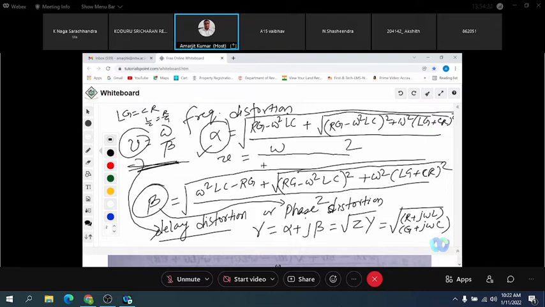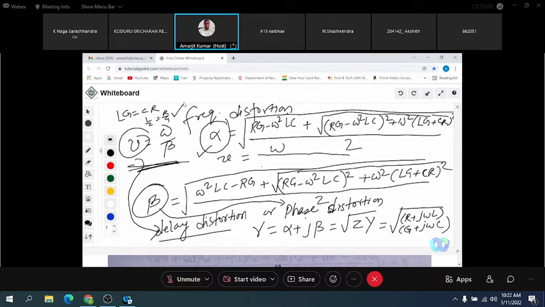Okay, so now you got the idea how we can make the transmission line without delay distortion by doing some mathematical manipulation. And what about the frequency distortion? Velocity is independent of frequency, no problem. If we have this condition, velocity is independent of frequency, there is no delay distortion. All the individual signals with different frequency will reach the output at the same time. There is no phase or delay distortion.